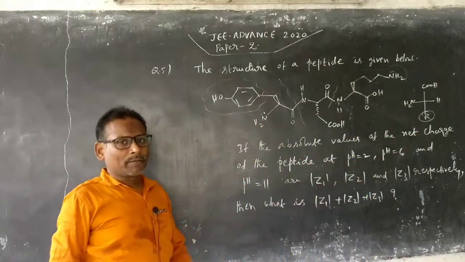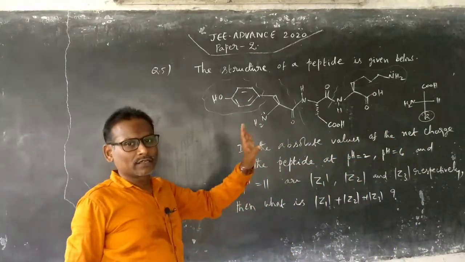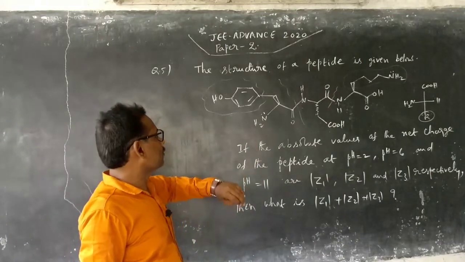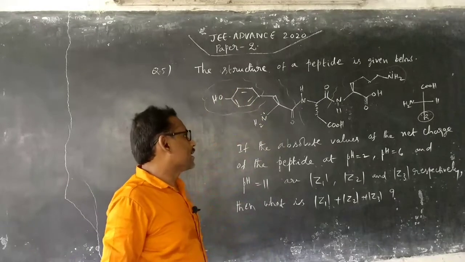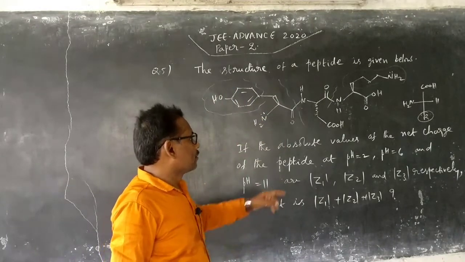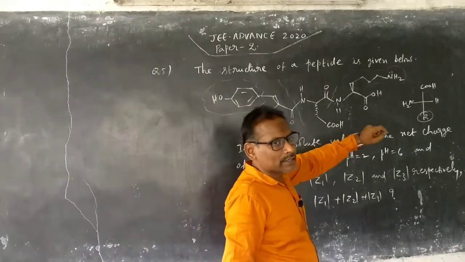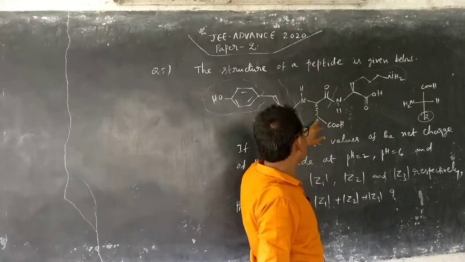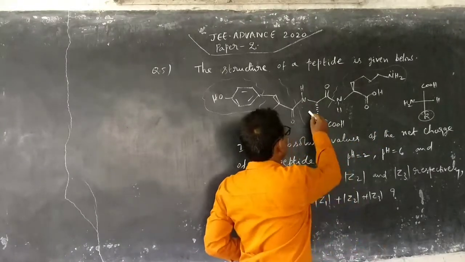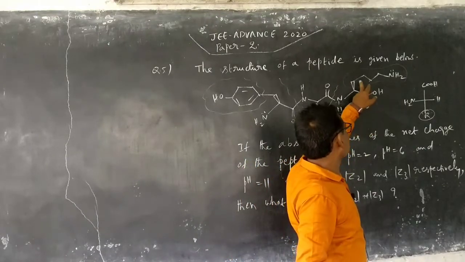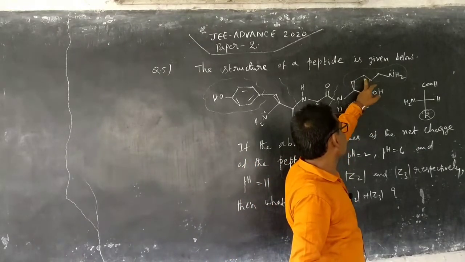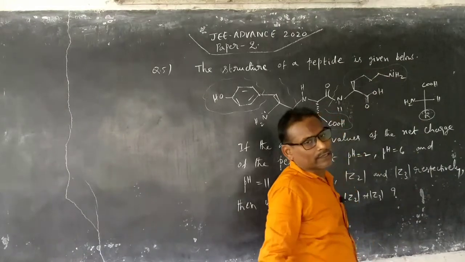So it is a tripeptide, no doubt. Just for an idea, in that the alkyl groups appearing are, in one of the amino acids, the phenol group appears as a side chain, that is the R group of the L amino acid. In the middle part, CH2COOH is the R group. Whereas in the third part, this one is nothing but CH2 with an amino group like that.